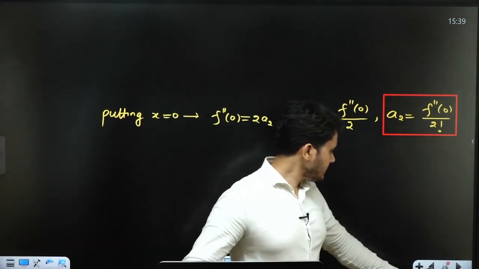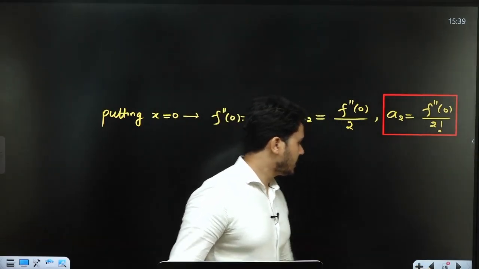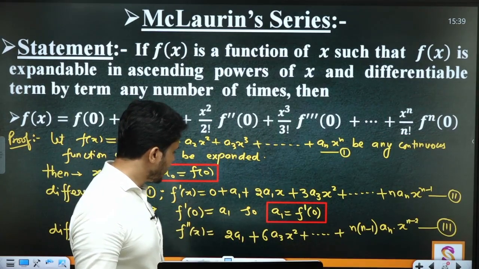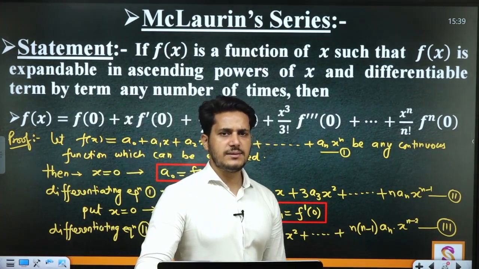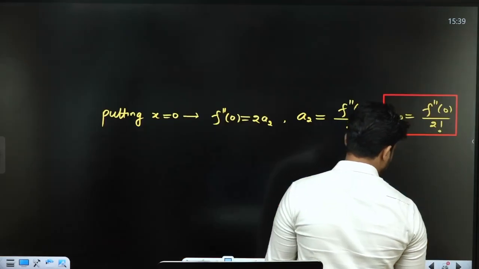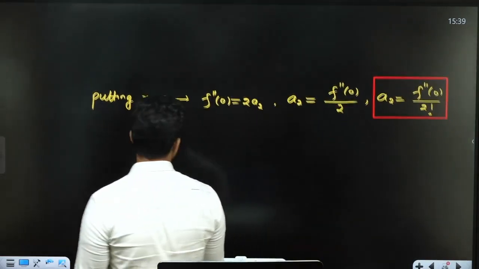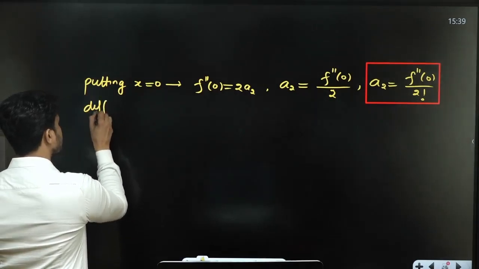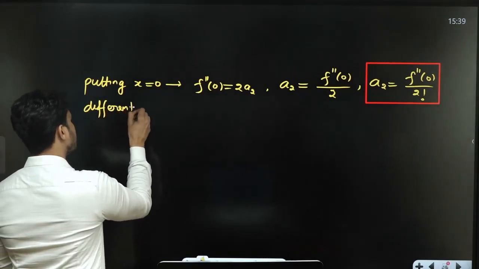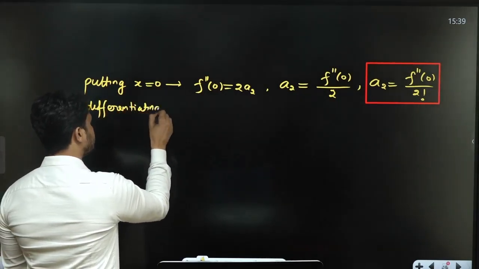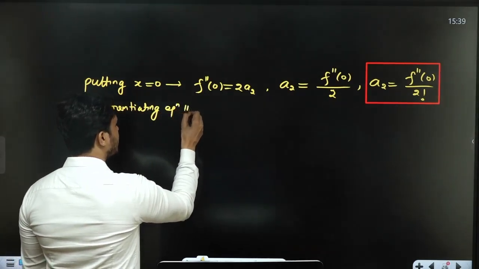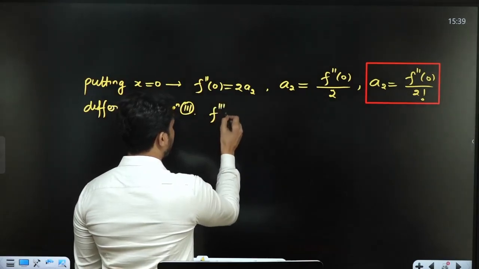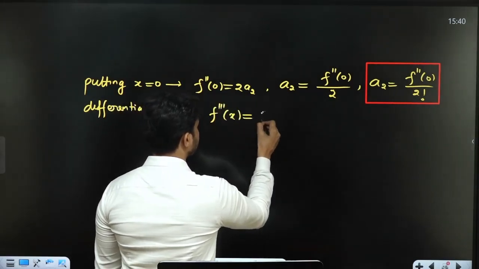So ये जो इक्वेशन 3 है, इसको आप एक बार और डिफरेंशिएट कर दो, and after that you will find the value of a3, and then you will give the sequence simultaneously by saying similarly. So write differentiating equation 3, then it will be f triple dash x equal to 6a3